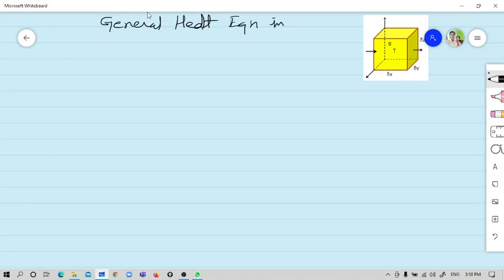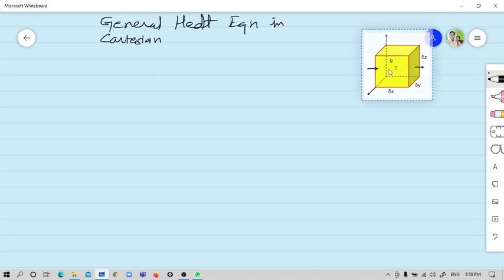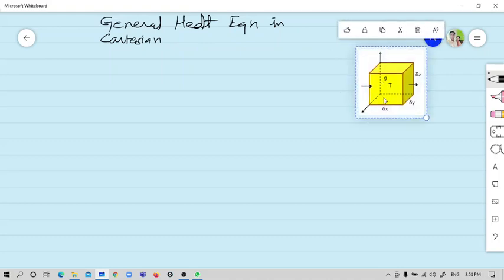Okay, so whatever the coordinates we see here in the figure on the right side, they are called Cartesian coordinates. In Cartesian coordinates, we have three different directions, that is x, y, and z direction. So here you can see we have these three different coordinates. Okay, so now